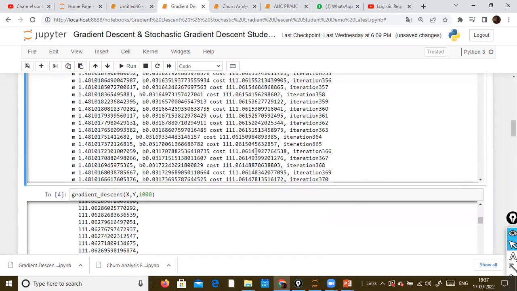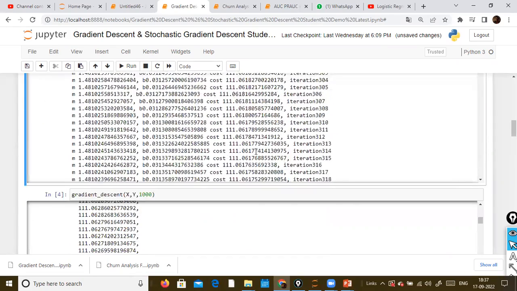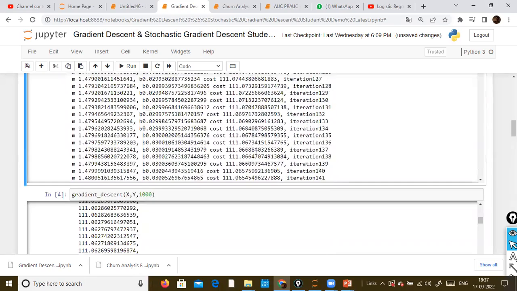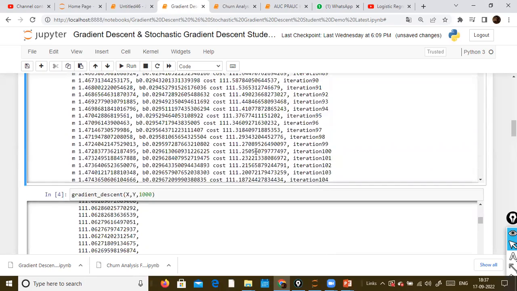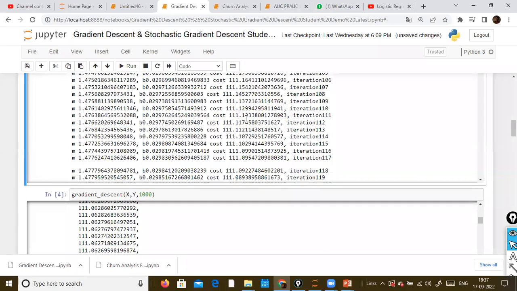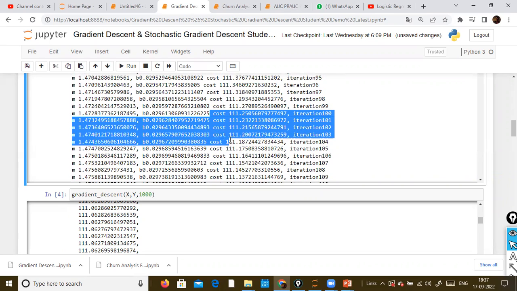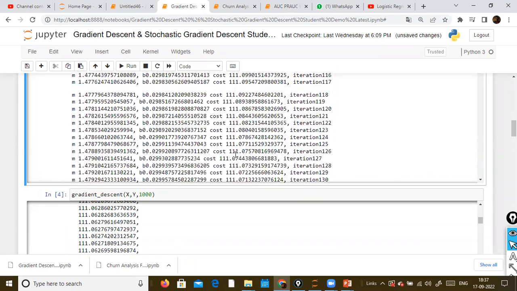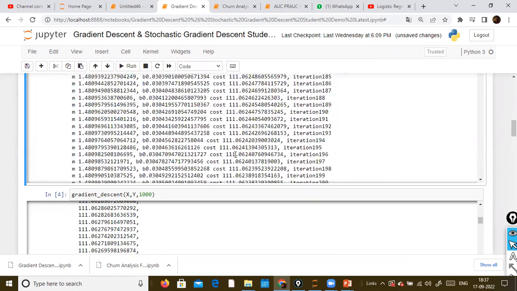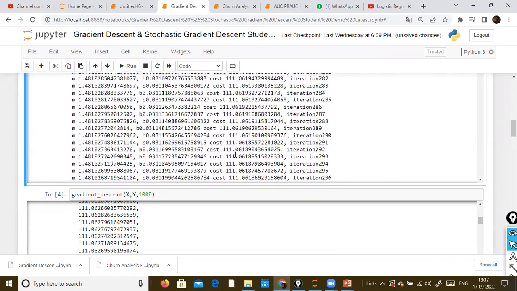Let's say we take 100 iterations approximately. The cost is 11.250, and 11.187. Even if we take 200 approximately,